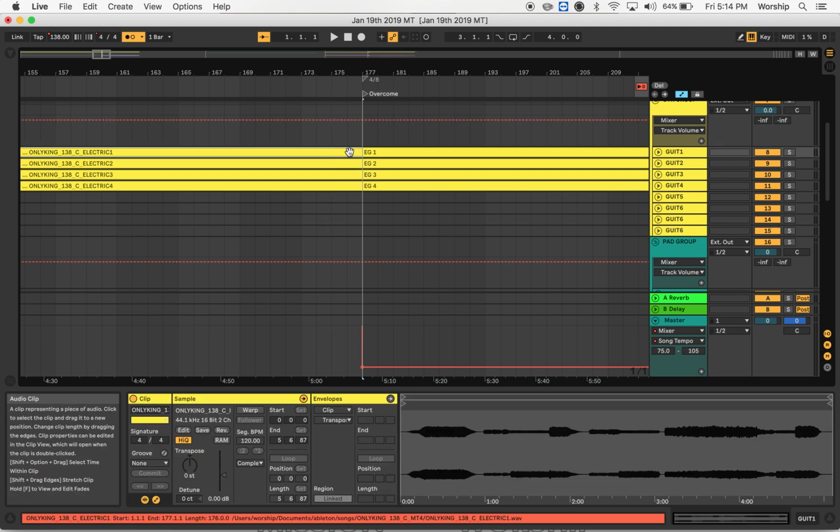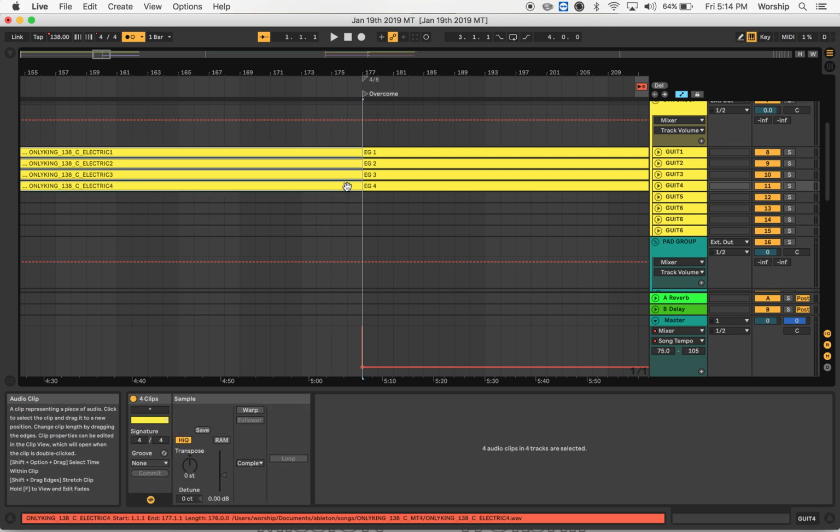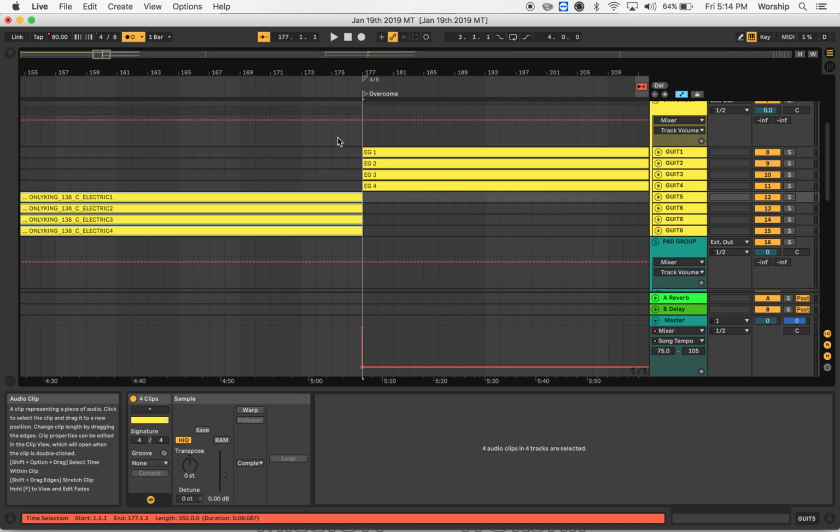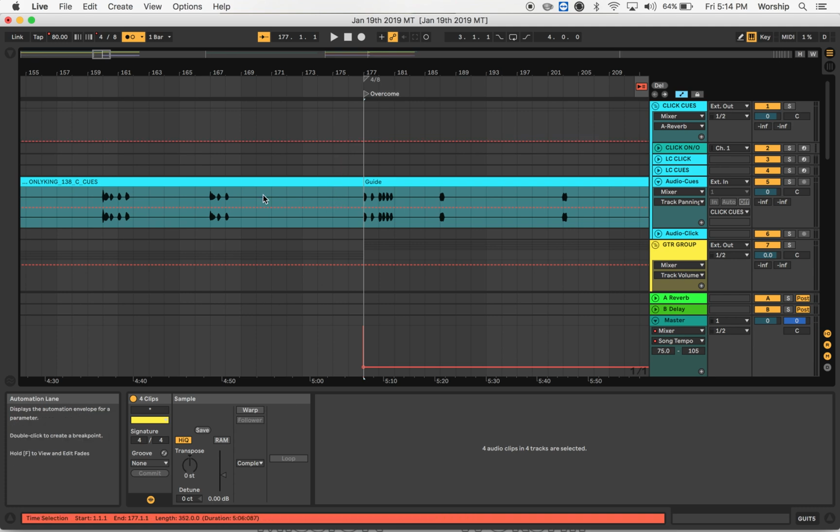And then I'm going to take these. I just shift clicked there. And I'm going to drag them down. And then I'm going to look up here. And let's see.